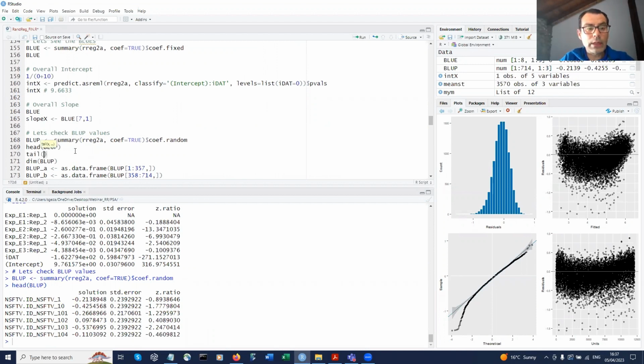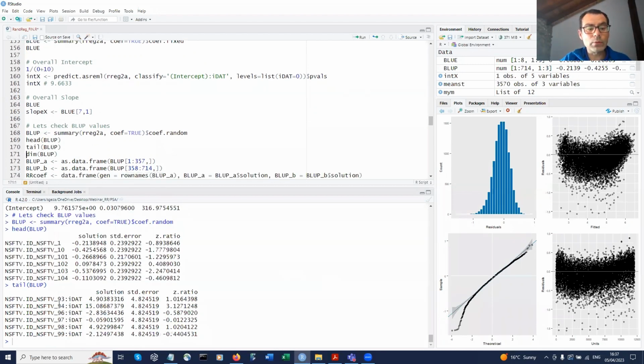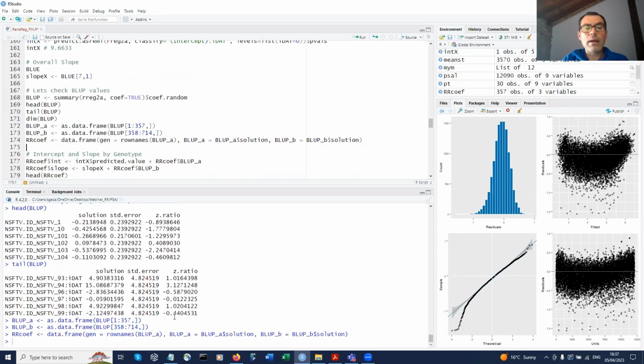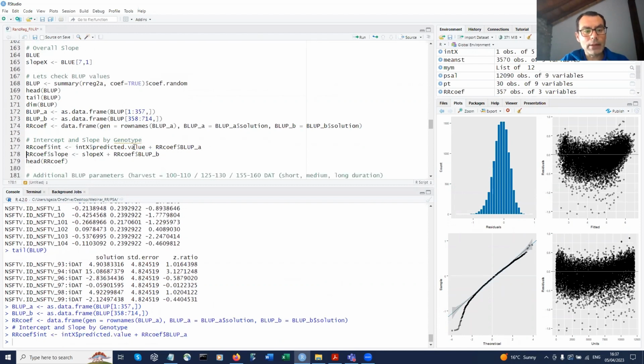And then when I go to tail, I'll show you the last few ones, which are the random deviations of some of the genotypes in terms of slopes. They have different scales, they have different standard errors. Some of them are significant, some of them are not, some have different precision, so you can calculate reliability if you want, because obviously they have different amounts of data. Some of them are replicated 3 times. That means they are more shrunk or less shrunk. So what I'm doing here is just creating the overall intercept plus the A effect, the overall slope